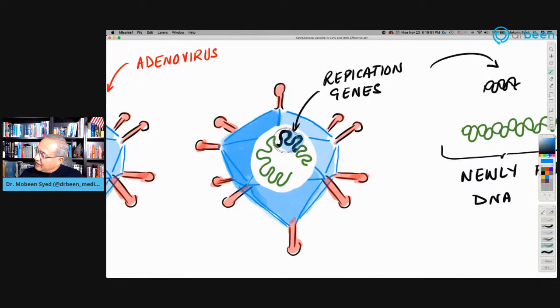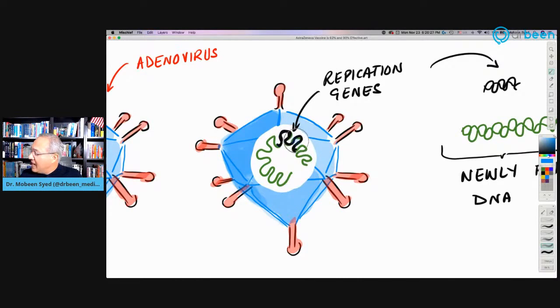What they do is they take the DNA and remove the genes in the DNA of this virus, the genes that are responsible to help the virus replicate. Remember, in the case of SARS-CoV-2 as well, there are genes that make proteins. For example, RDRP enzyme is made. For example, helicases are made that help the virus replicate. Similarly, every virus can carry replication potential genes with them.